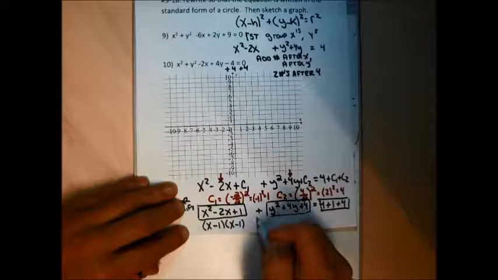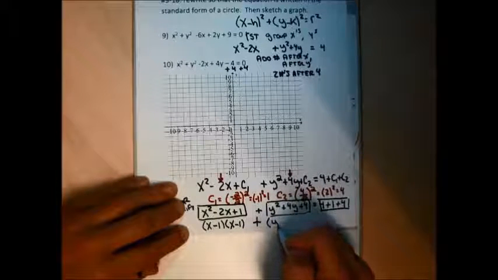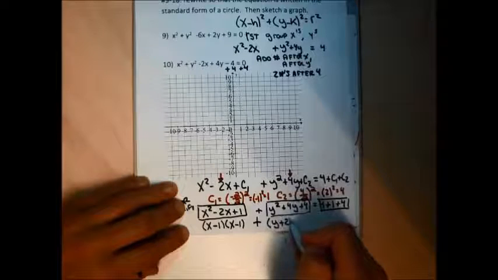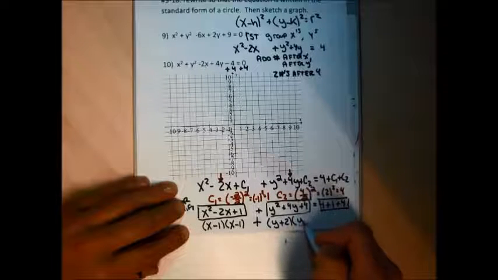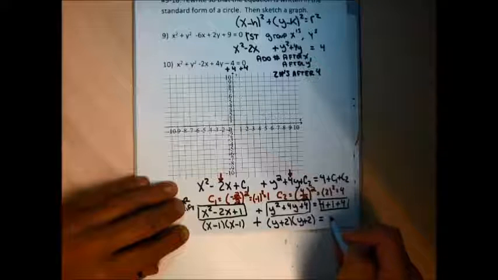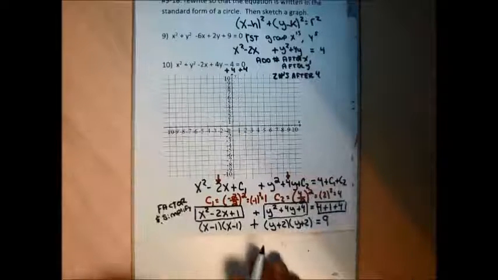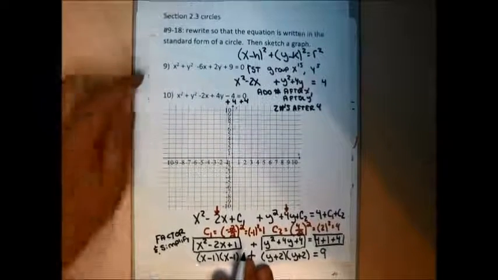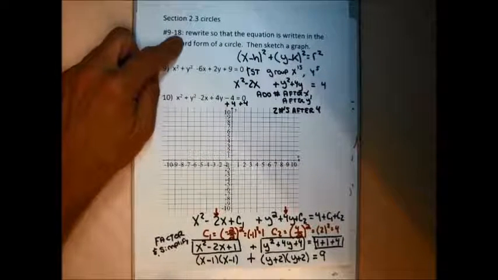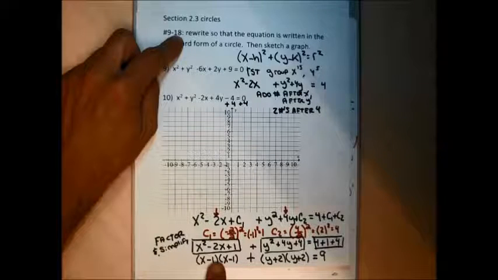I'm going to bring down this plus sign, and y squared plus 4y plus 4 factors into y plus 2 times y plus 2. And the numbers to the right of the equal sign, 4 plus 1 plus 4, add up to be 9. I almost have my beginning part done. The beginning part asks me to rewrite the problem so it's written in standard form. This is almost perfect because I can rewrite this as x minus 1 quantity squared,